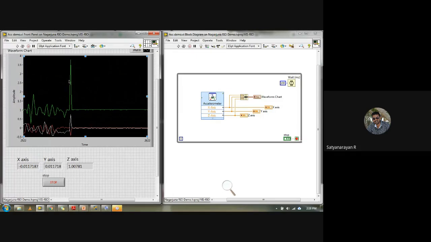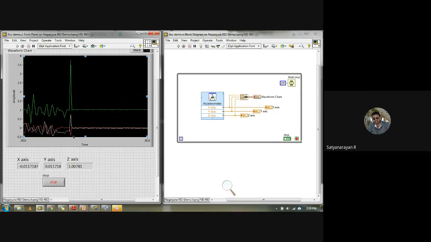From the z-axis, you can just see it crossed around 3.4, 3.5 to 3.8 maximum. Why? Because the more distortion has been created only in the z-axis, but not in x or y. So x or y is very minute, giving only 0.5, 0.7, and y is giving around minus something.